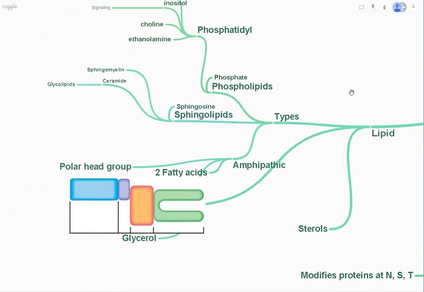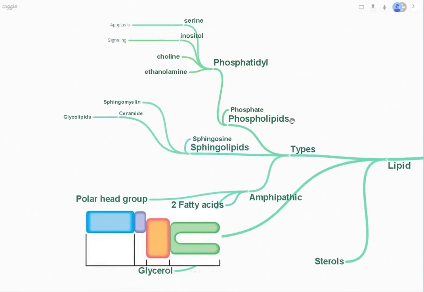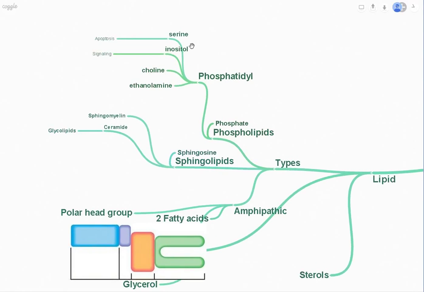Lipids. There are three basic types. You have phospholipids, sphingolipids, and sterols. So phospholipids have a choline polar head group typically, and sphingolipids have sphingosine as their polar head. Glycolipids are typically associated with ceramide, and the only real polar head groups that you would need to know might